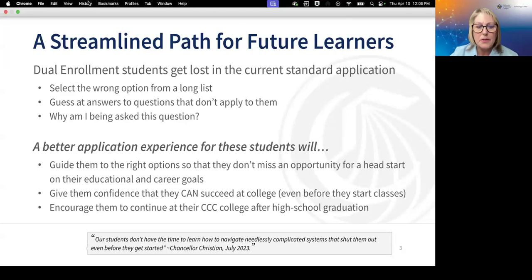And we don't want them to miss this opportunity to get a really good head start on their education and career goals. We also know that a super fast, super easy application is going to make them feel like, hey, I can do college. This is the first thing they see. Even before they start classes, if we can make this experience better for them, we think it'll build their confidence. And we're hoping this will also encourage them to continue at the community college system, giving them a good pathway into that, and recognize the value that the community college system offers them,